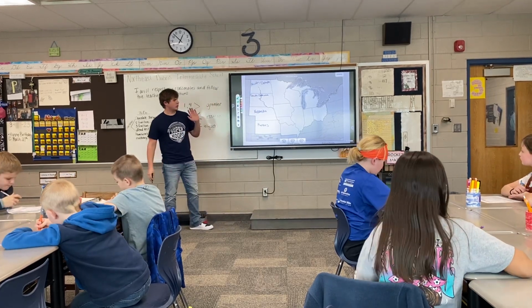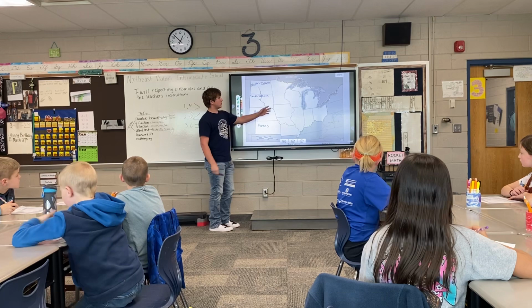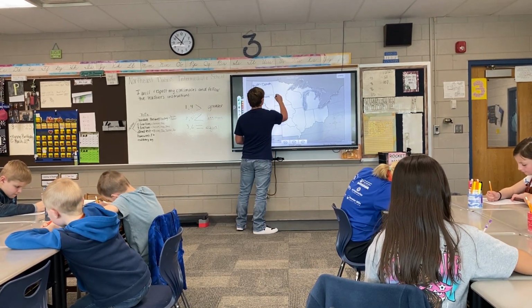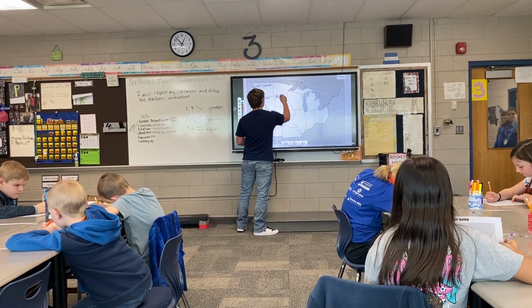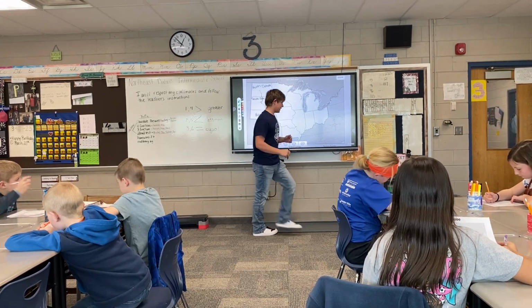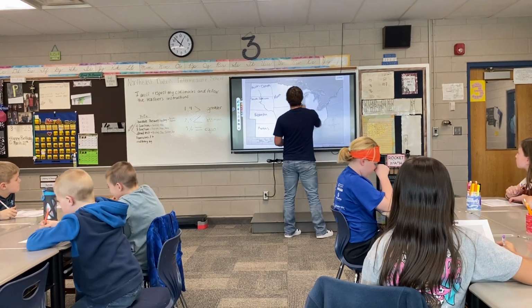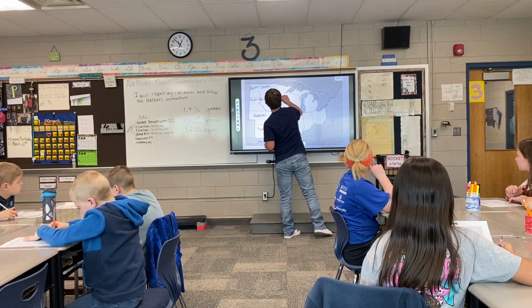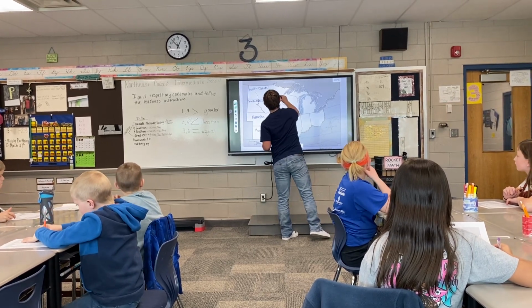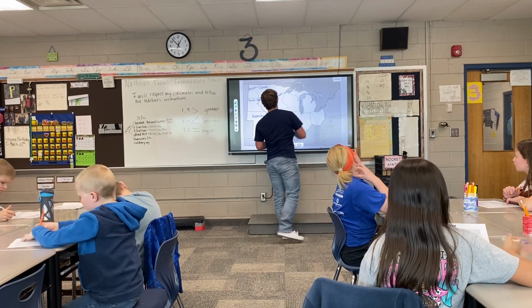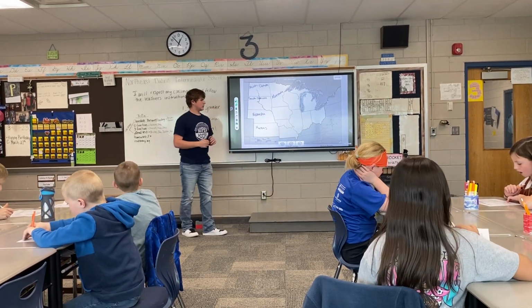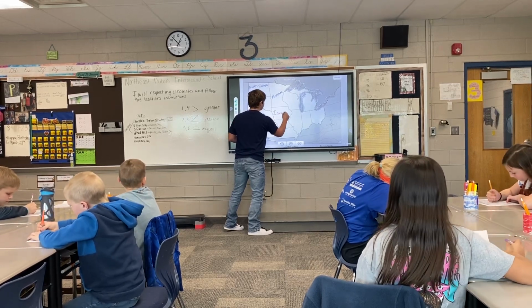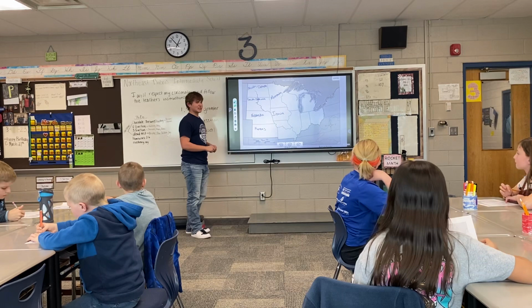So keep going east on our map. What state would this be? Minnesota. Minnesota is known for their lakes. They call this the state of 1,000 lakes. And south of Minnesota is Iowa. Iowa has more vowels and consonants in their name.